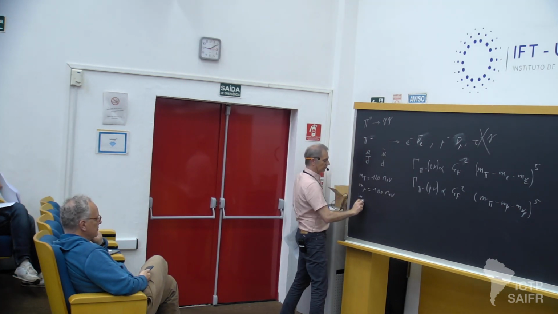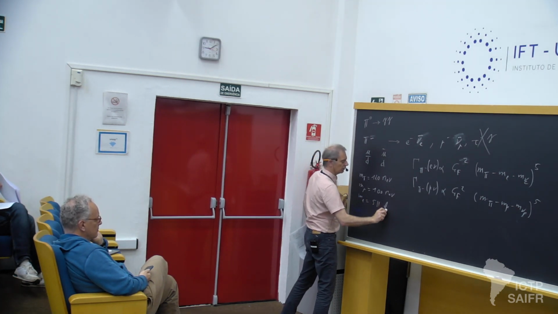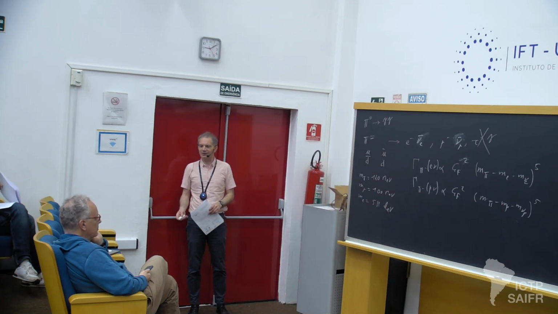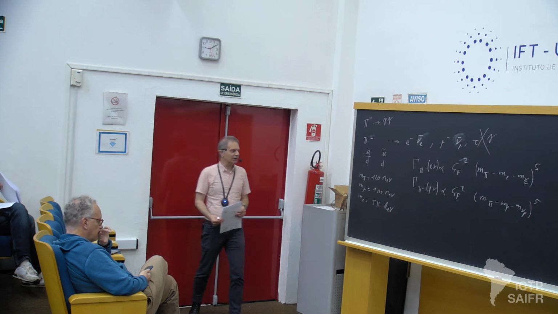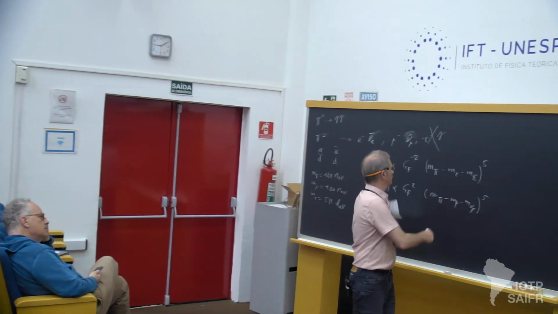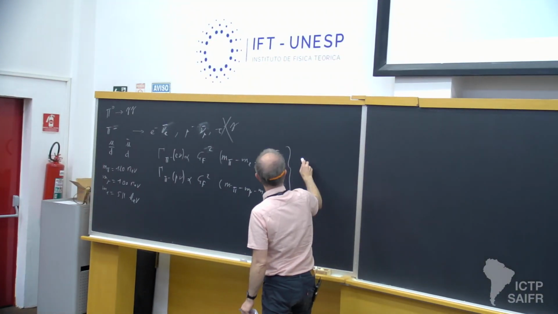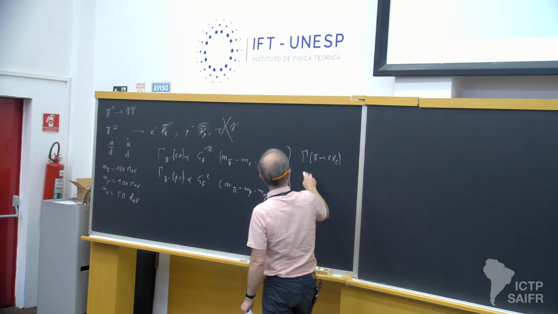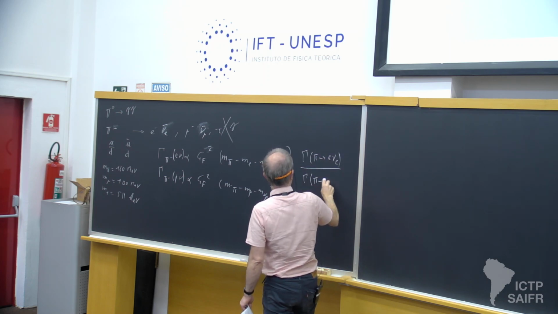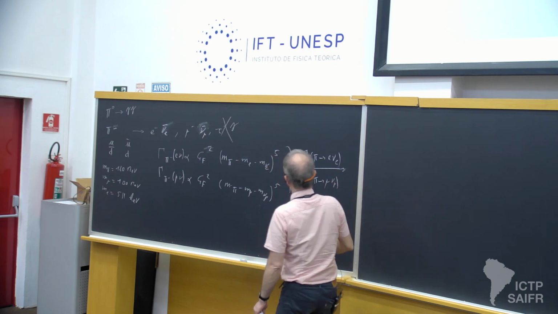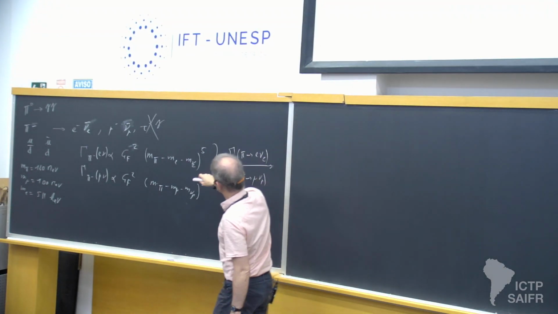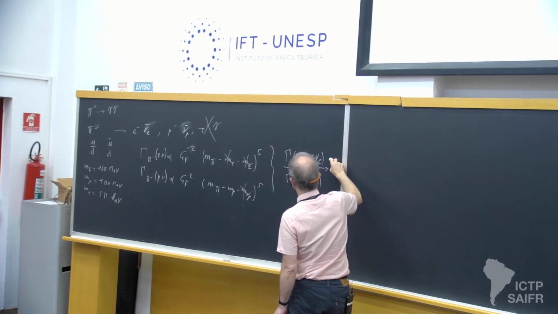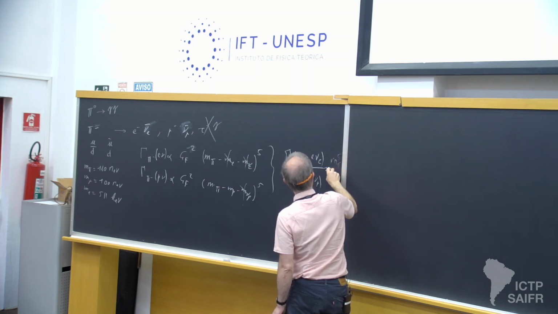Yeah, the mass of the muon is 100 MeV. The mass of the electron is 511 keV. The mass of the neutrino, you don't know. Nobody knows so far, but it's very small, right? It's probably less than 1 electron volt, so you can neglect it. So if you take the ratio now, the decay width of the pion into electron versus the decay rate of the pion into muon, here you can neglect the mass of the electron and the mass of the neutrino. So it's proportional to the mass of the pion to the fifth divided